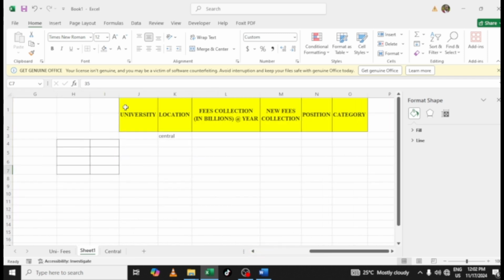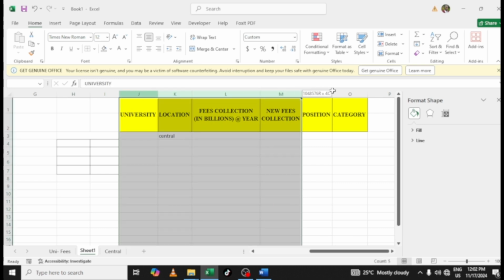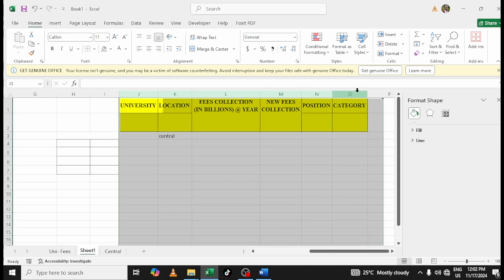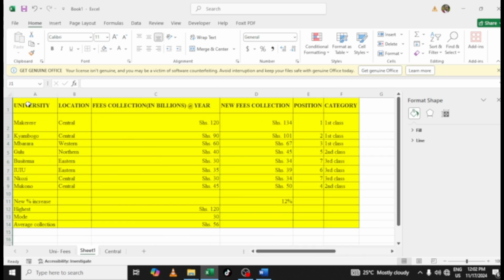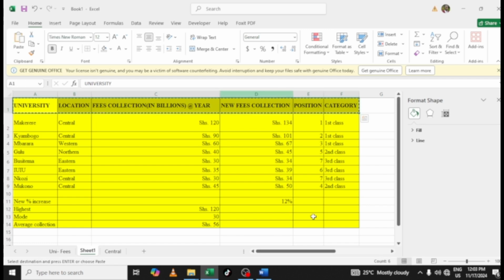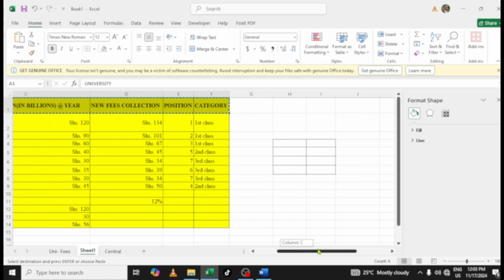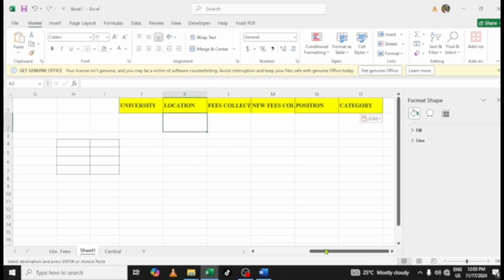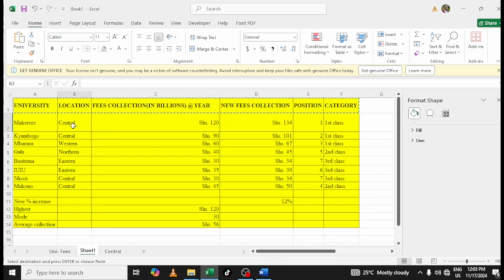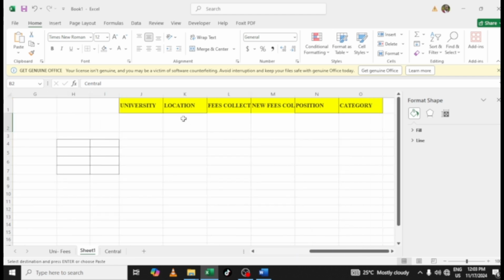And I will also remove this. I had already copied the criteria. I'll first of all remove it, and I'll copy the criteria that I've just formatted in the best way that I want it to appear. So I go back to my work, I select all the headings, and then I copy them. So I copy this first row, paste it here because I'm going to use it as a criteria, and I go back. I want on the central, the central, copy again, and then I paste it under location